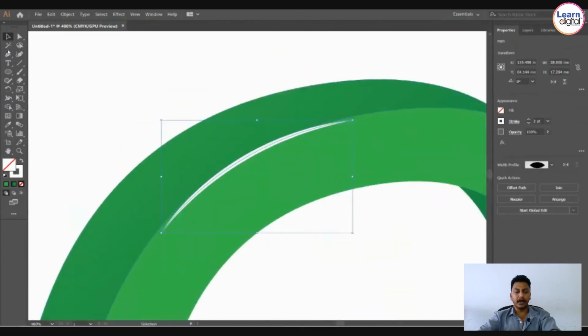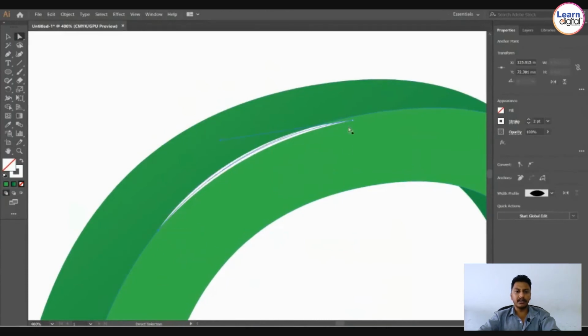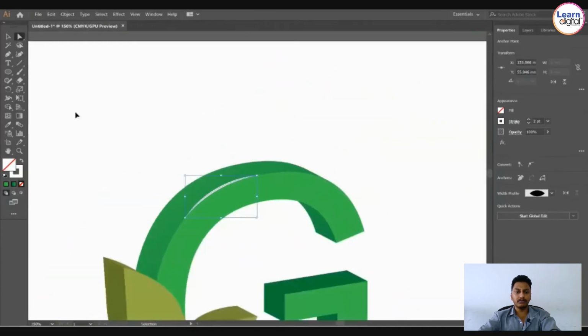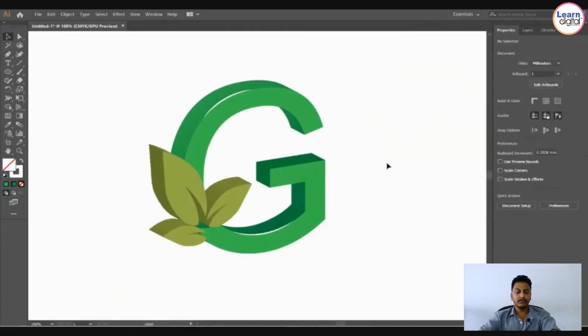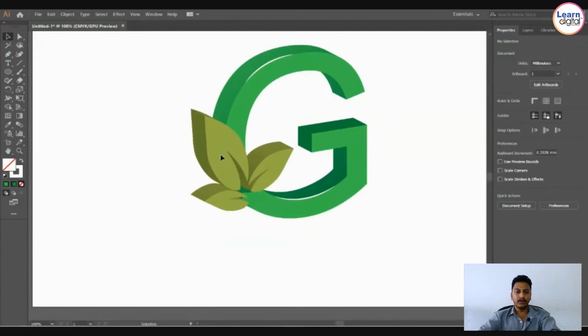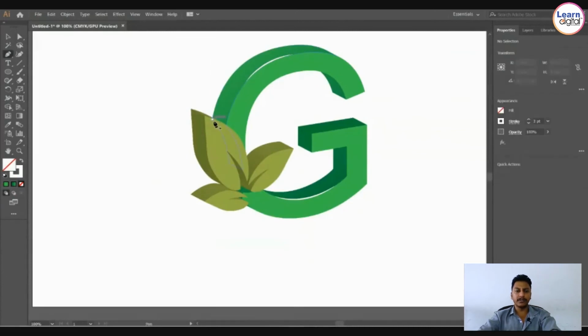Again for the leaf part, I want to add that shininess. So let's target the leaf and add some shining on the leaf also. You can play with the stroke size, so I'm using 1, 2, 3 like that. If you need lesser than that, obviously you have an option. You can go like 0.5, 0.25, 0.75, whatever, it's up to your requirement. You can use that.